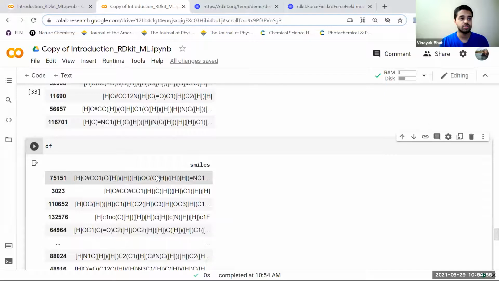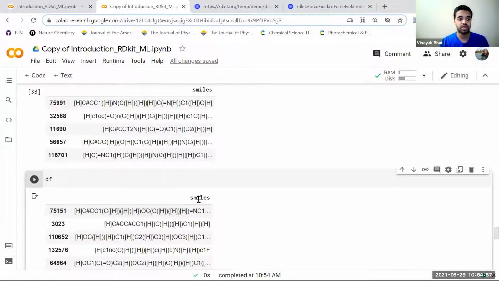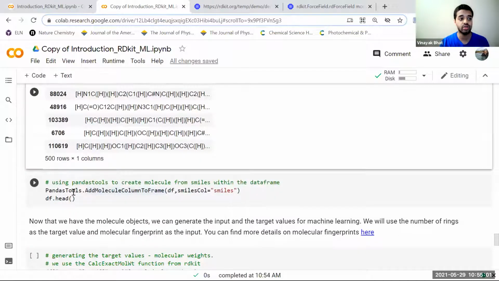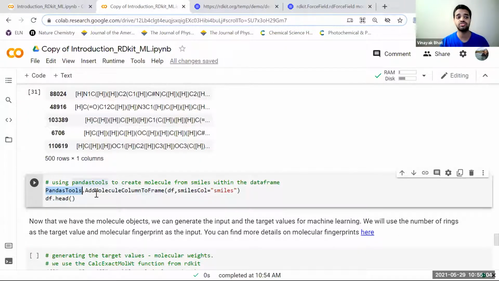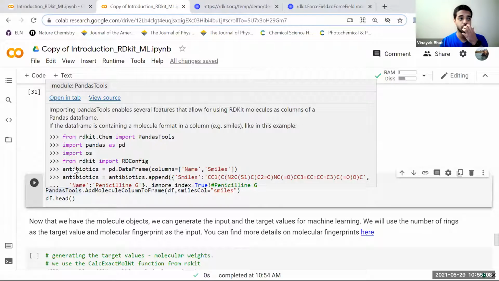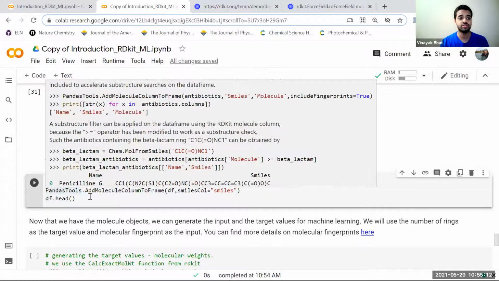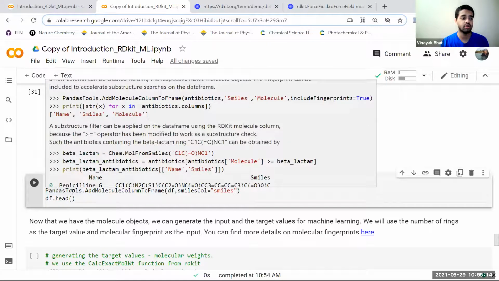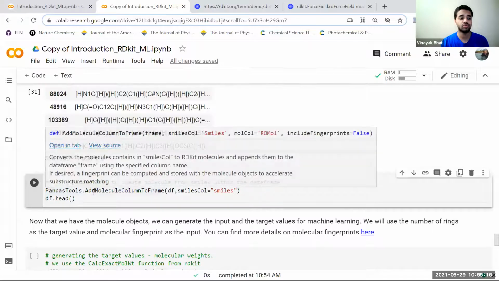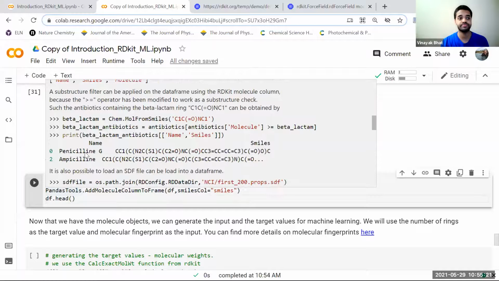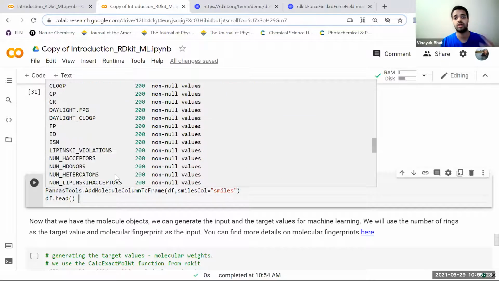Okay. So here we created this smiles, right? We can create molecules directly. To do that, we have PandasTools, and this is an RDKit thing. RDKit has a nice thing called tools, and you can see some examples here of how they do it. You just click on this. This is something cool about Colab. If you just hover, you can see what is in there, some examples and how to use it.